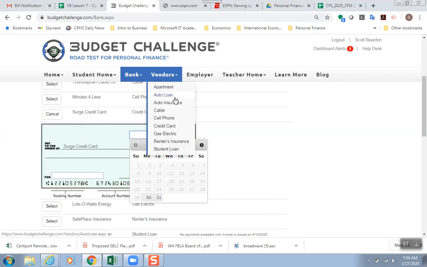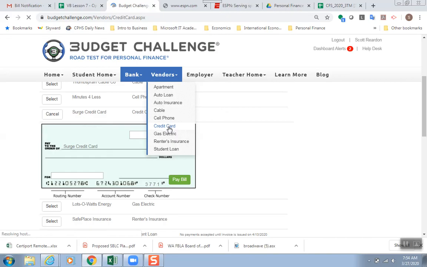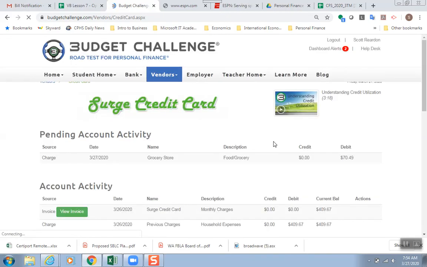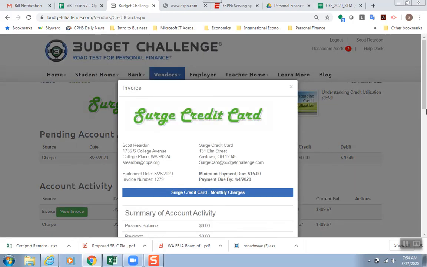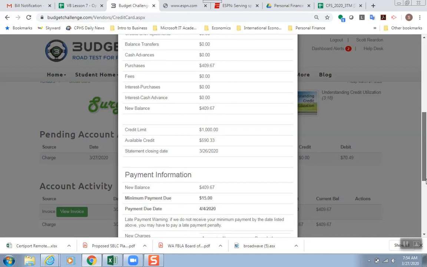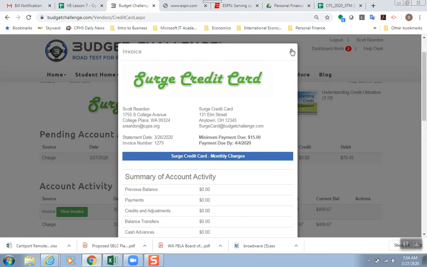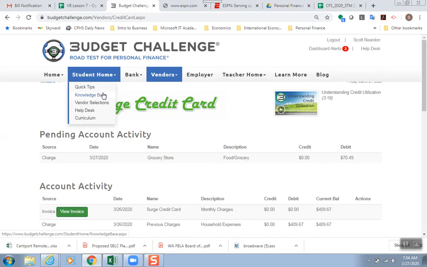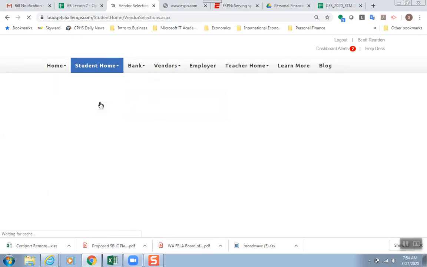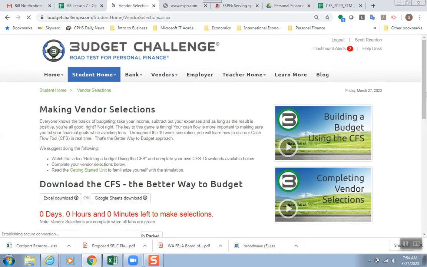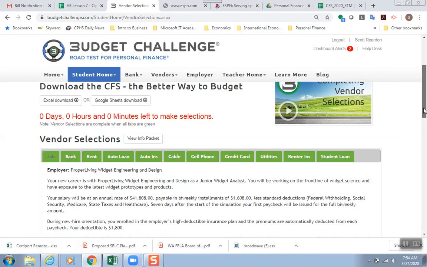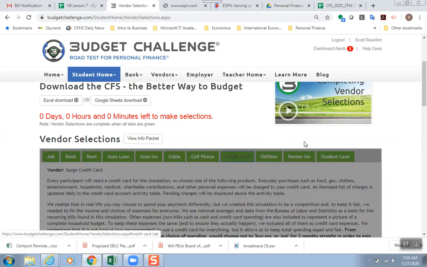Now let's go back. I want to go back here really quick because I missed something. Let's go back to vendor's credit card here, and I wanted to see when this bill was actually due. That's important. It says the payment is due on April 4th. I could also go back to student home and vendor selections, and skip down to mine. By the way, you can always go back to vendor selections, go to my credit card,